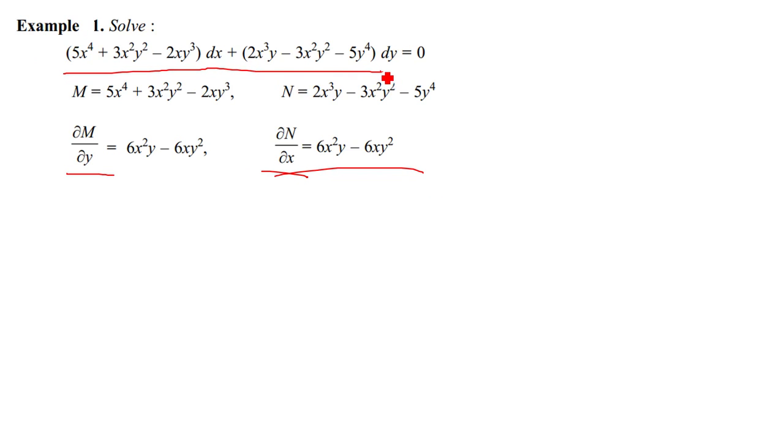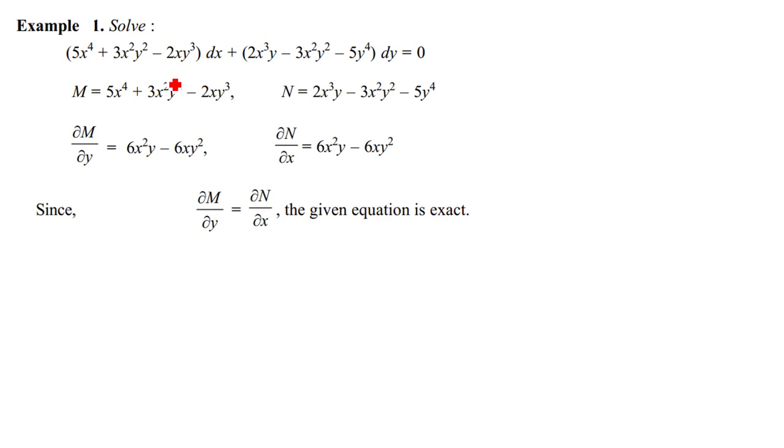So now, since you know that it's exact, what follows, according to step number 2, is that you are going to integrate this first part with respect to x. Let me just show you this. So we're saying, since ∂M/∂y is equal to ∂N/∂x, the given equation is exact. And then from there